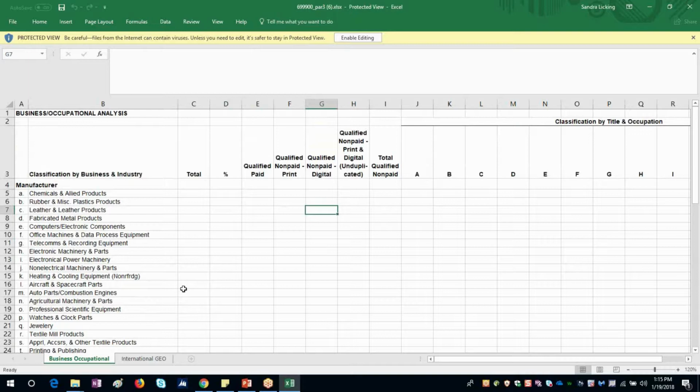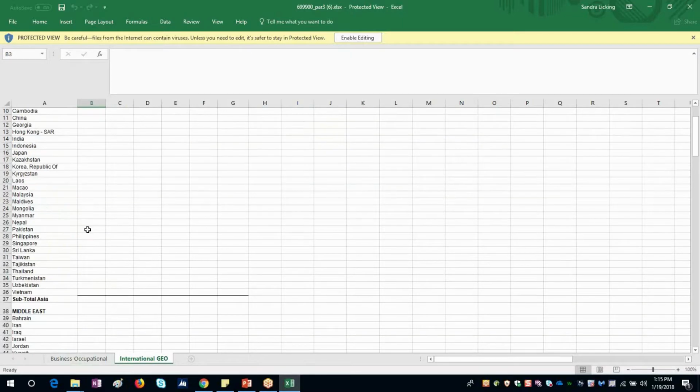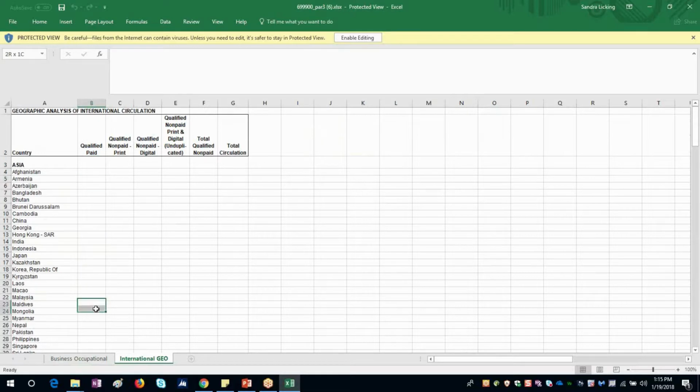So if you have an international geo, there will be a separate tab in your business occupation file here, and it'll say international geo. And then if you click on there, it'll have your international geo, and you just go ahead and copy and paste what your international geo is and save it. Now, even though it's attached to your business occupational file, it will be formatted in the right spot in the release document for the publisher statement.